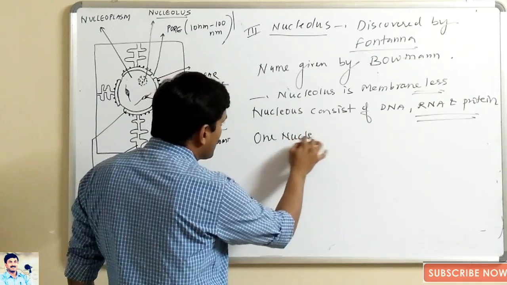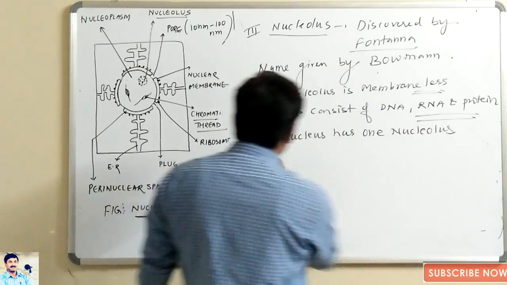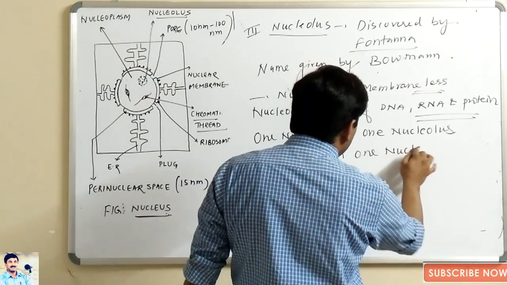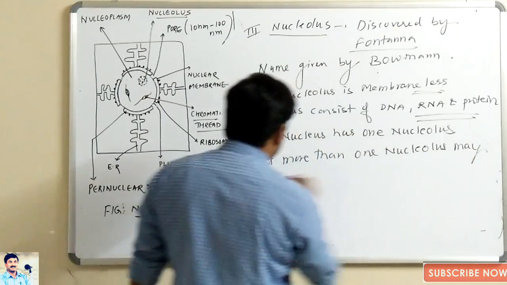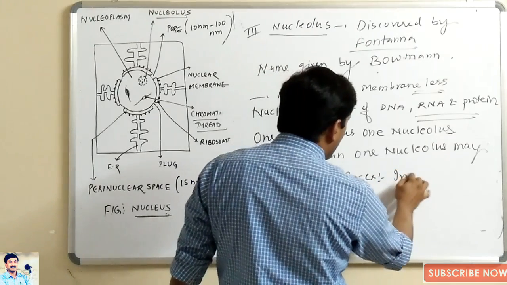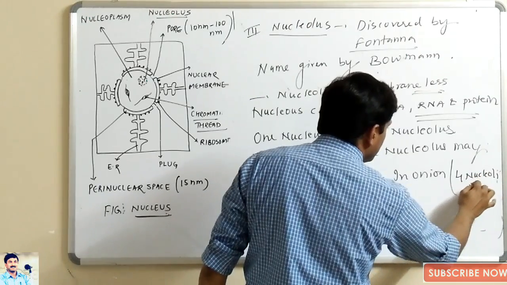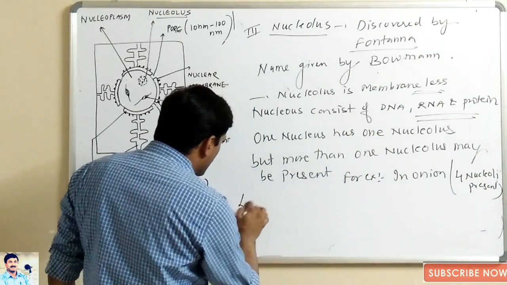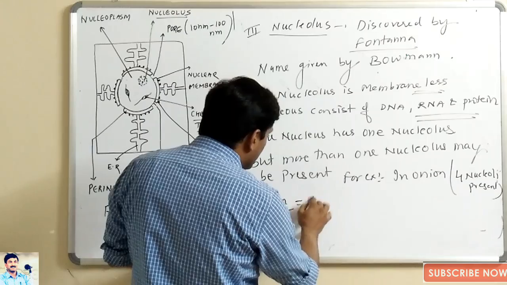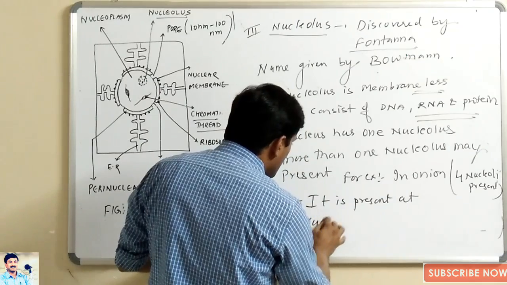One nucleus has one nucleolus, but more than one nucleolus may be present. For example, in onion, 4 nucleoli are present. Okay, and what is the location of the nucleoli? What is the location of the nucleolus? So it is present at the Nucleolus